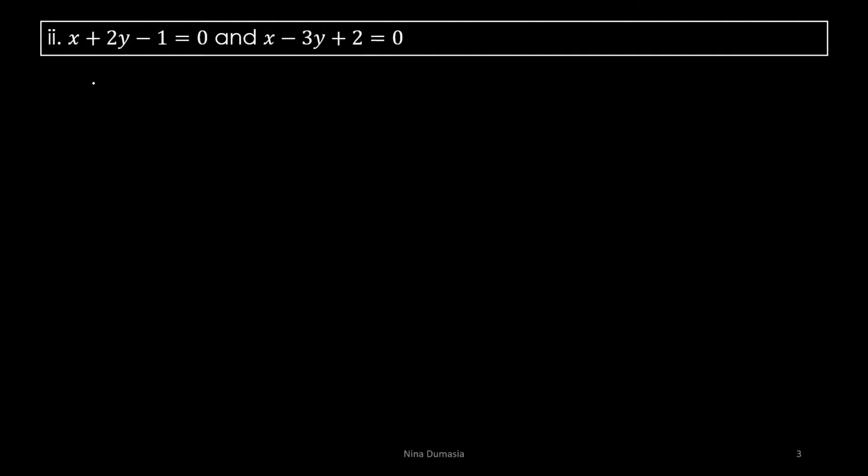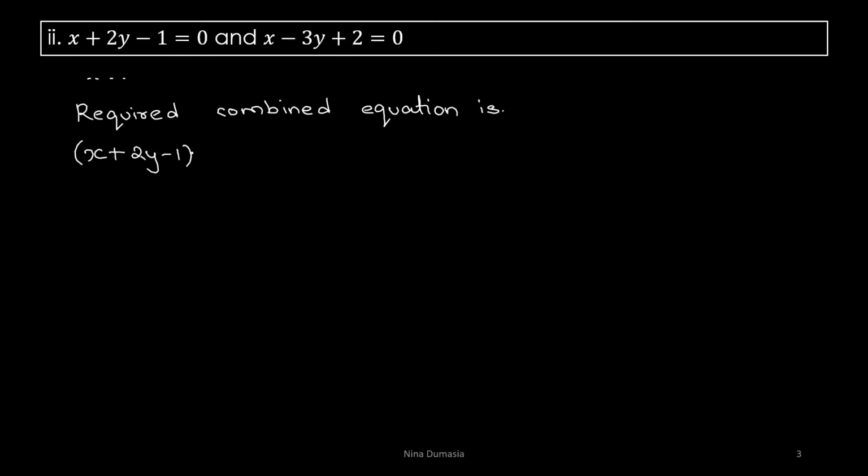In this part we have that x plus 2y minus 1 is equal to 0 and x minus 3y plus 2 is equal to 0. So first you write that same line, that the combined equation of u is equal to 0 and v is equal to 0 is uv is equal to 0. After that, the required combined equation is